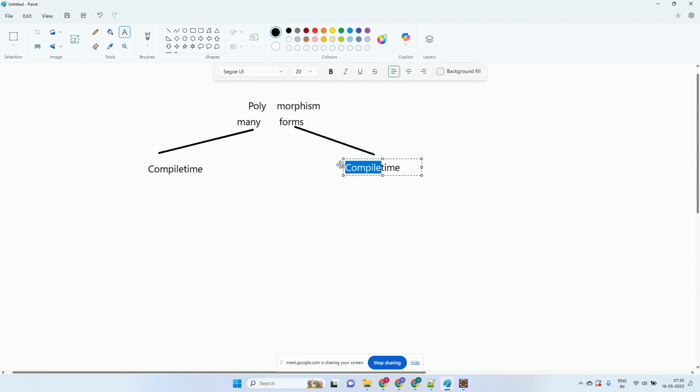Compile time is also known as design time. Or you can say static polymorphism. So when this is static, this is also known as dynamic polymorphism. And there's one more word, also known as early binding. And this is also known as